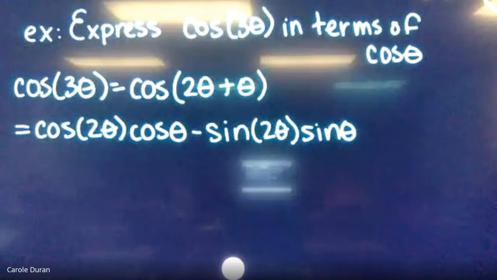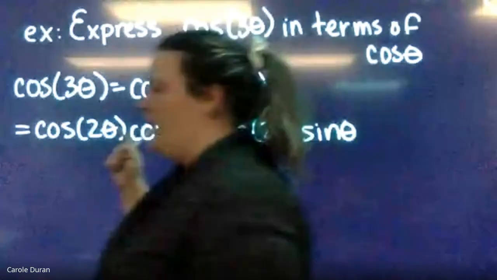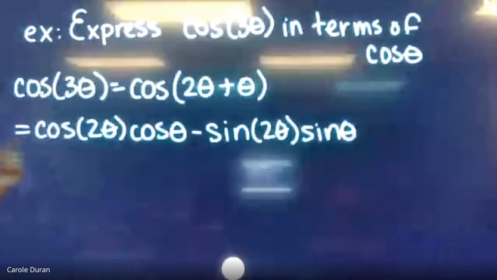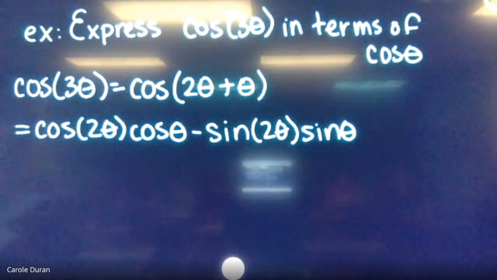So now is where I want to actually go in and do some substitutions, because I can't do anything with this the way it is right now, but I do have some double angle identities that are going to hopefully help me break this down a little bit farther into just cosine functions, because that's what I'm trying to get this in terms of. So if I'm looking at cosine of 2 theta,